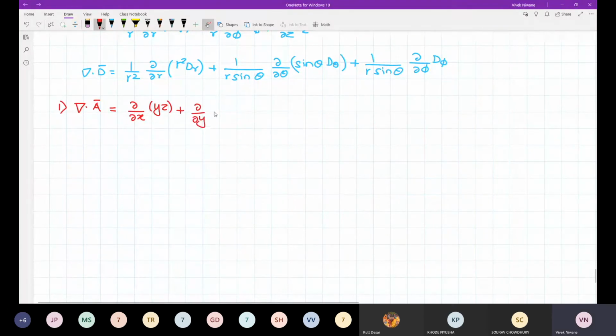So we will have a kind of representation like this. Straightforward, I can say that this term doesn't have any x component, so it is 0. This term doesn't have any z component, so this term is 0. So ∂/∂y of 4xy: y is present, therefore we can say that, okay, 0 plus 4x plus 0.